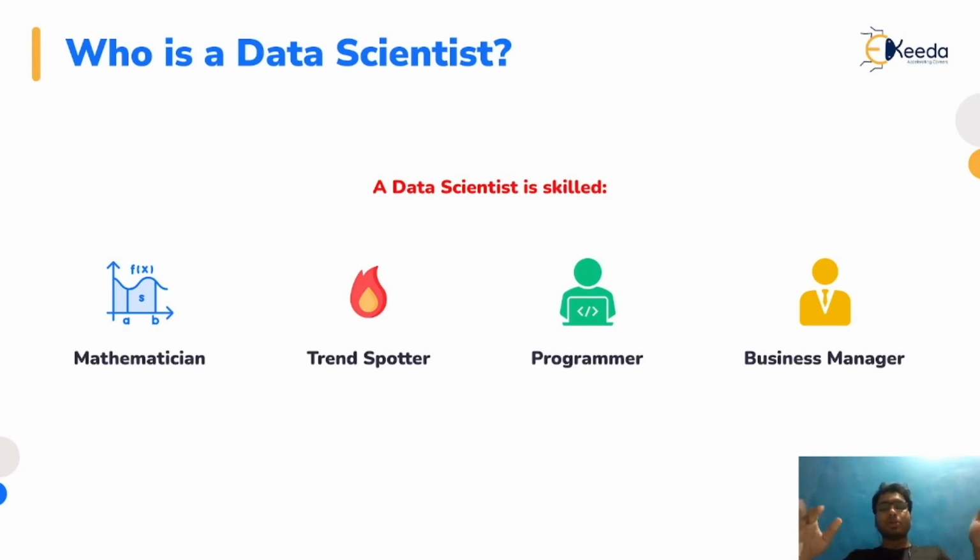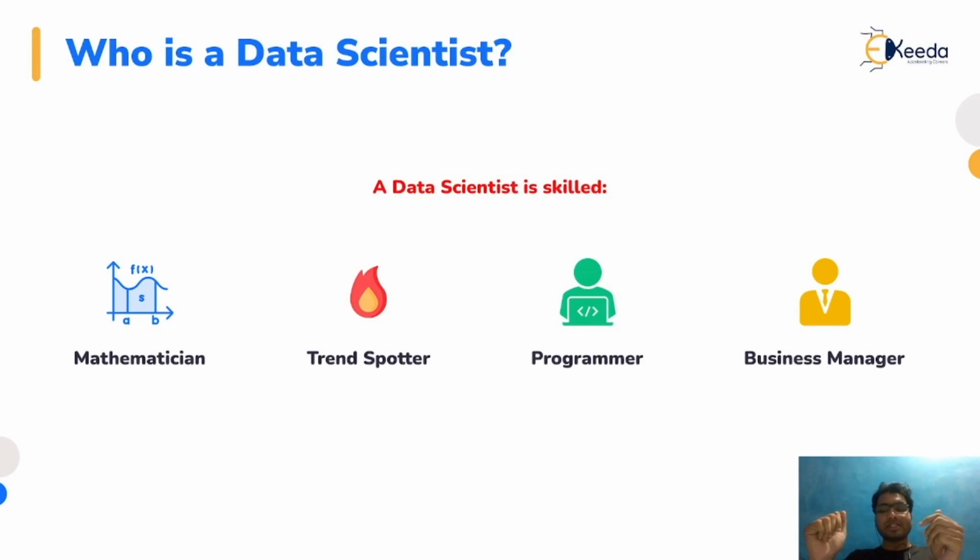Similar to this, there are computationally expensive calculations which are very complex in nature. Rather than doing them on your own, which may take days and months, a computer program can do that in seconds. That is why a data scientist should be a good programmer, so that he is able to implement whatever mathematical and statistical models he has learned in the past. So that is why programming is very important.